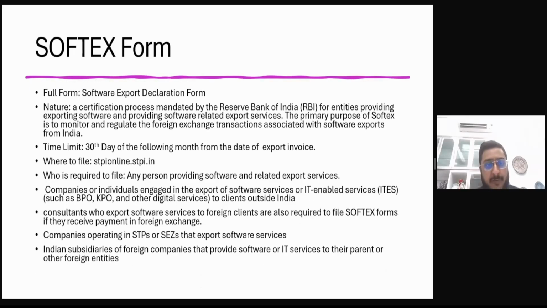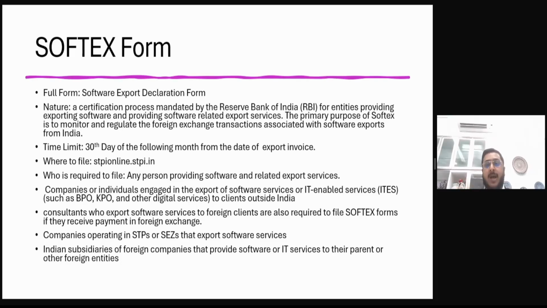Now, another form which we have seen in experience, which we forget, is the Softex form, the software export declaration form. This is a certificate process. It is mandated by the RBI for entities providing software-related export services. The primary purpose of Softex is to monitor and regulate the foreign exchange transactions associated with